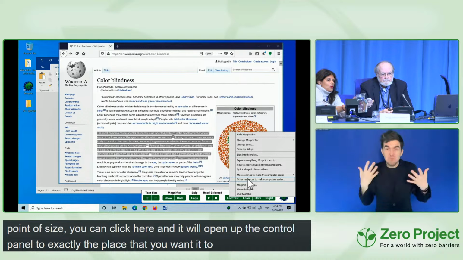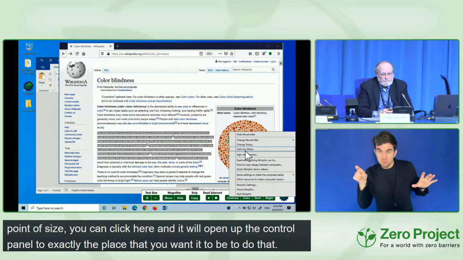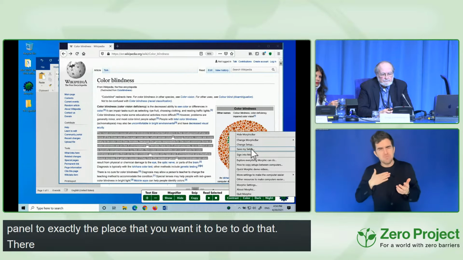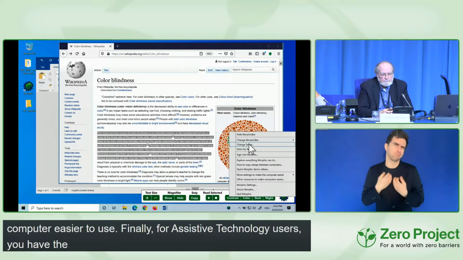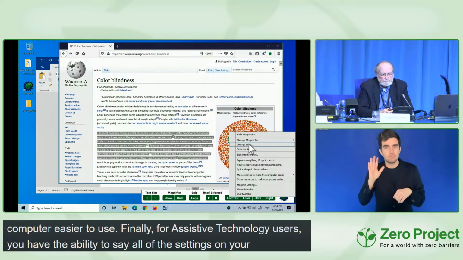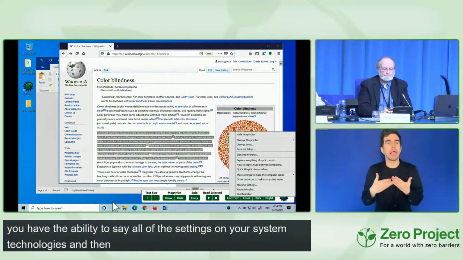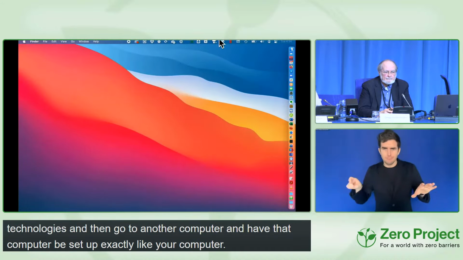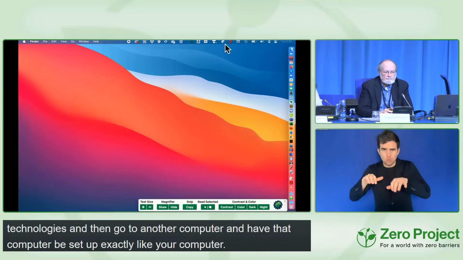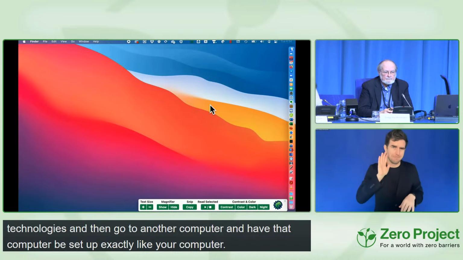Finally, for assistive technology users, you have the ability to save all of the settings on your assistive technologies and then go to another computer and have that computer set up exactly like your computer. All of these features are available both on the PC and on the Macintosh, and you can get them free by downloading.